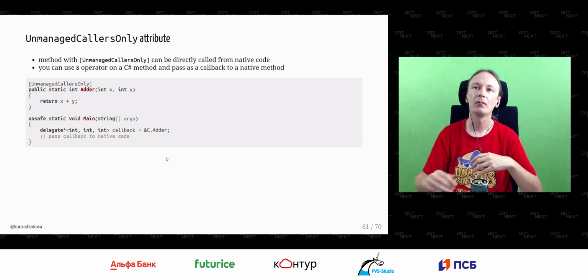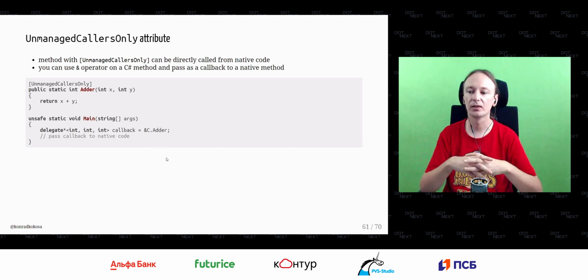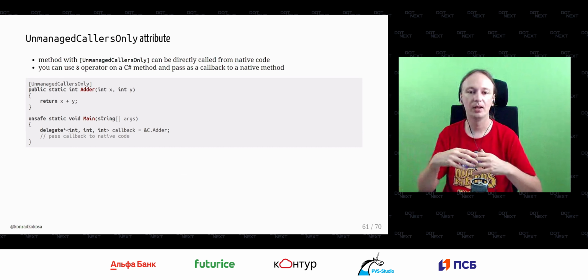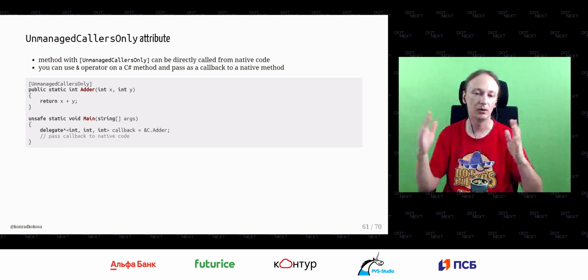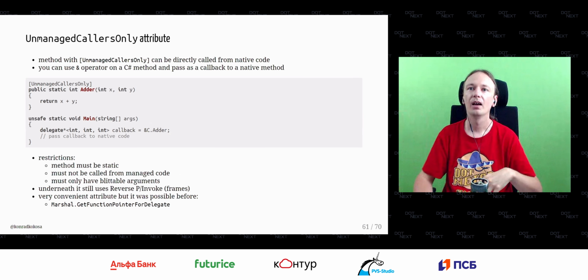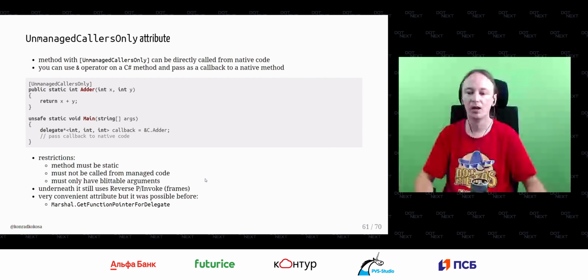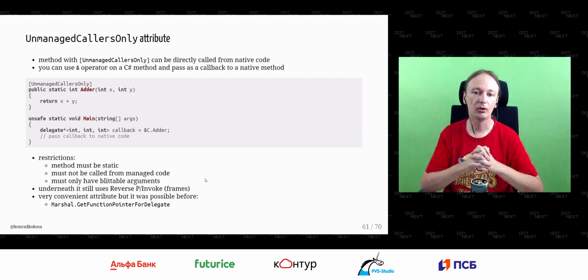So this is interesting. Obviously, this can also be used as kind of introducing a DLL export attribute, because having those methods built on that, we could create a library that is just exporting methods for native code, which is also very nice. And there are a set of restrictions on what a method can have this attribute. First of all, the method must be static, and this attribute prohibits calling this method from managed code. It can be called only from unmanaged code, which is also a powerful thing that makes your code organized a